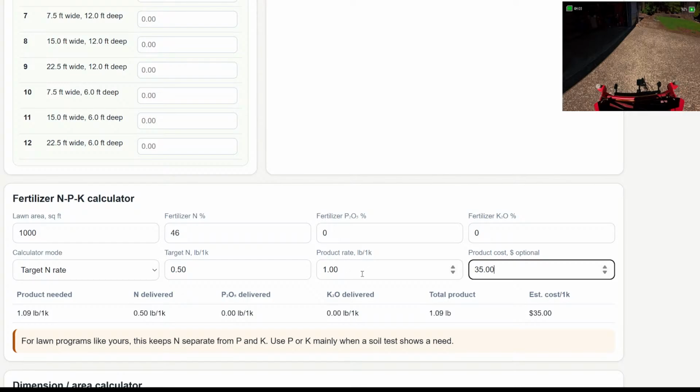Product rate per pound for 1K. And what it's telling you down here is how much product you'll need. You'll need 1.09 pounds to put down 1/2 pound of 4600. If you were using something with phosphorus and potassium, which I added because maybe somebody would need to do that, this is going to help you calculate the actual amount you're going to put down of